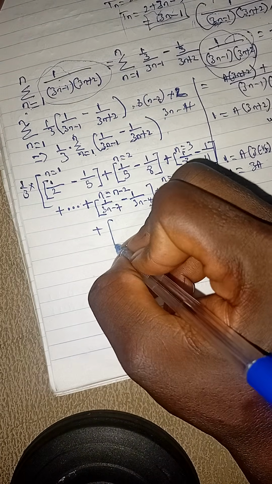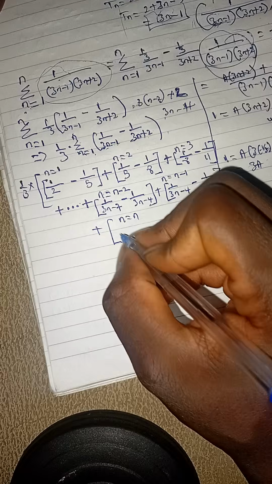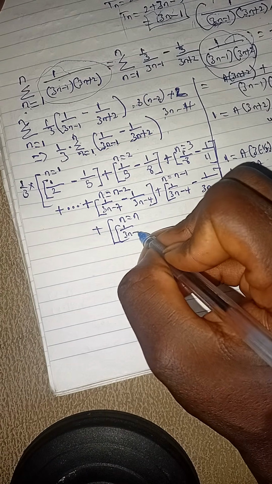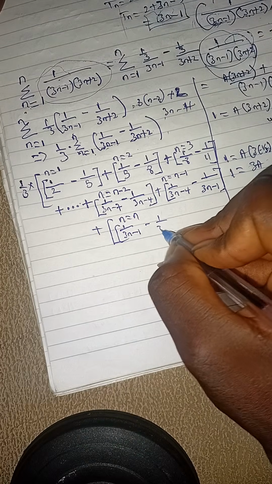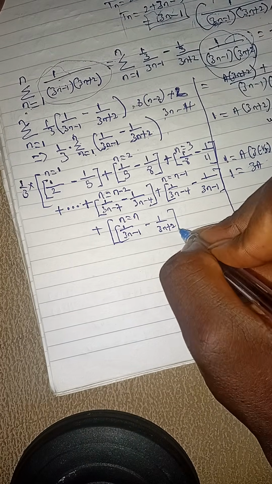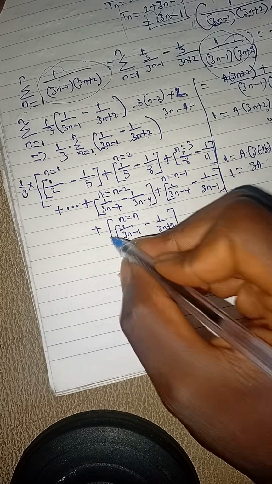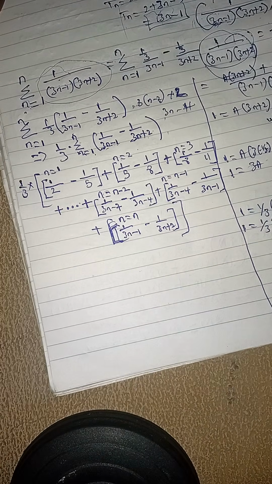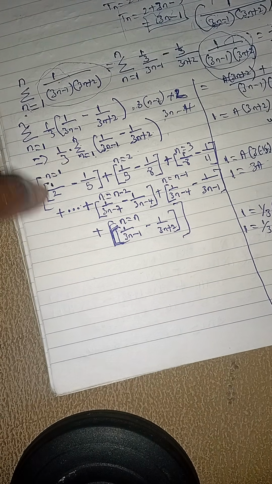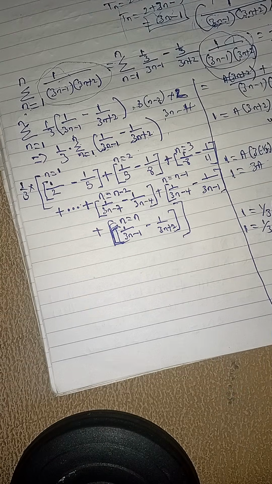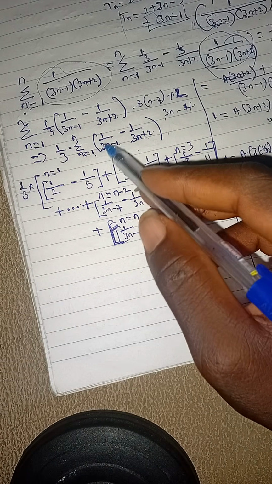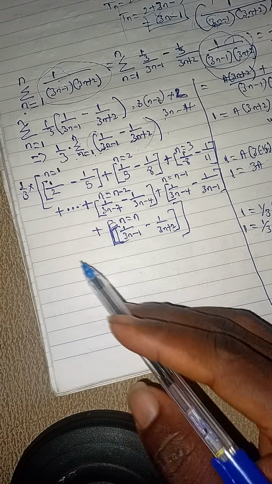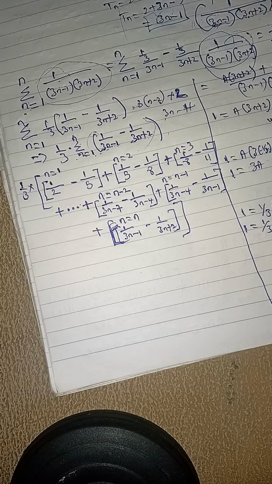Plus, the last one now, when n equals n, it will give you this one back. 1 over 3n minus 1 minus 1 over 3n plus 2. Sorry, this is a single bracket here. Then another bigger bracket, because we have a big one, we are multiplying everything inside by 1 over 3. Now we can see we have done the summation of this from n equals 1 to n. Though we skip terms, we can't write everything because there are multiple numbers there.